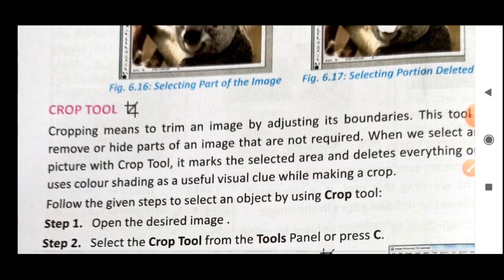Now the next tool is the crop tool. Cropping is a very simple operation that we usually do on our phone also. With the help of the crop tool you can remove the unwanted part of the image from the boundary. Just simply select the image and click on the corner of the selection area, and then drag the mouse down, left or right according to the requirement, and the part that is outside of the selection area is cropped. So with the help of the crop tool we can simply delete the unwanted thing from the image.